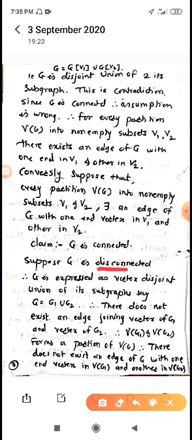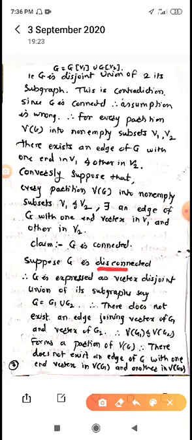Now we recall the definition. Graph G is disconnected. Hence, G can be expressed as a vertex disjoint union of its subgraphs. That is, the graph is separated. That is, the graph can be written as a union of two disjoint subgraphs. That is, we form a separation since graph G is disconnected. Or we say that there does not exist an edge joining a vertex of G1 and a vertex of G2. Means we form a separation.